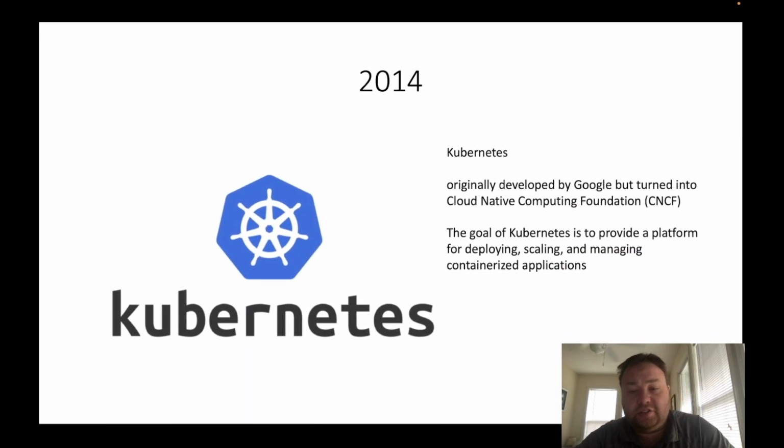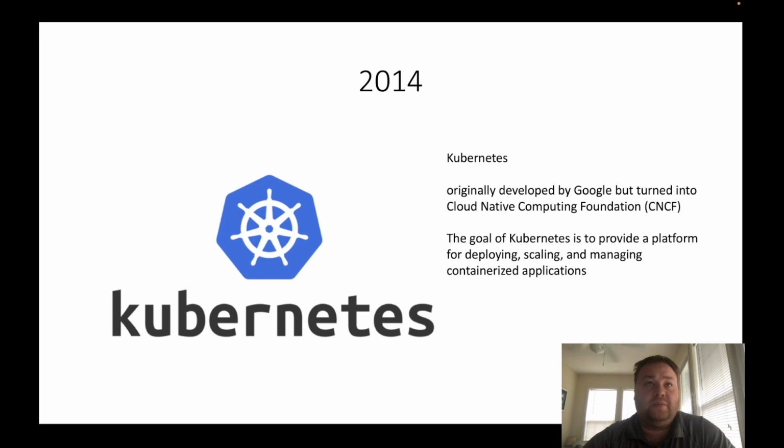So coming to the last slide of this tutorial, which is 2014, a year after Docker comes out, Kubernetes comes out. Kubernetes was originally announced as a development project from Google, and then it turned into the Cloud Native Computing Foundation. And I really want to say Kubernetes is a lot of the basis of what we talk about today with the cloud. But it goes all the way back to the 1960s, and it's really virtualization at its root.